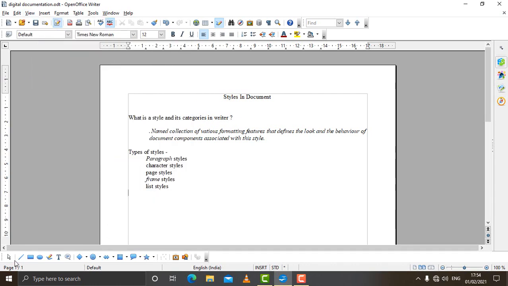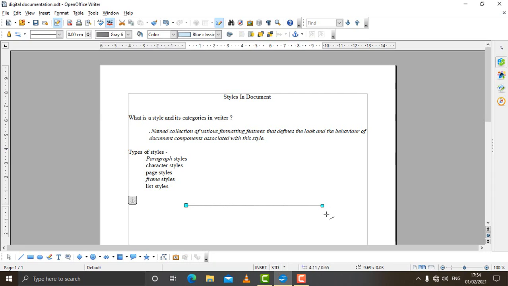So we can see a number of objects are there, a number of groups are there, whichever you want, like basic shapes are here, a number of basic shapes are there. These are all the shapes which you can insert in your document. Say for example you want to insert a line, simply click on this line, bring the mouse pointer wherever you want to draw the line, press and hold the mouse button and drag it. The line is created.